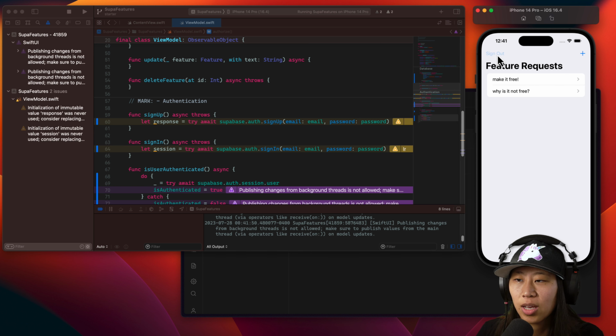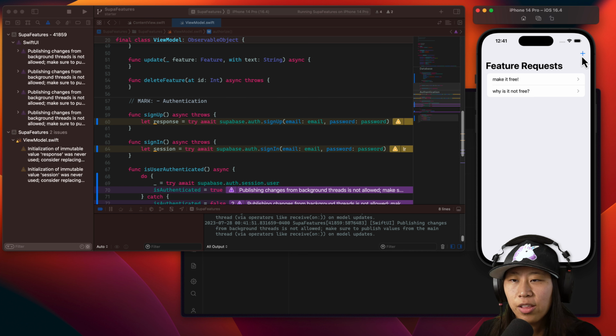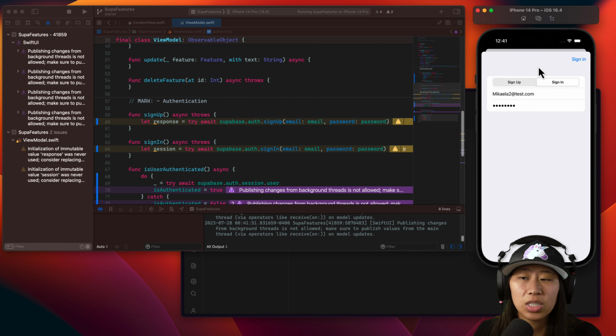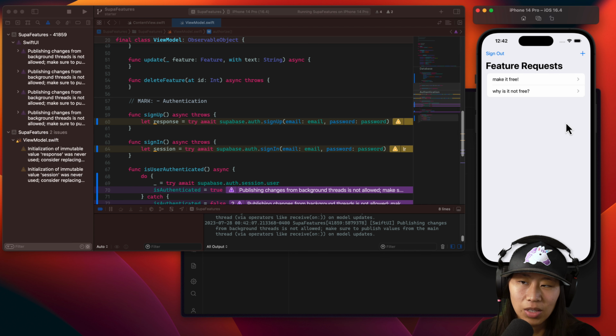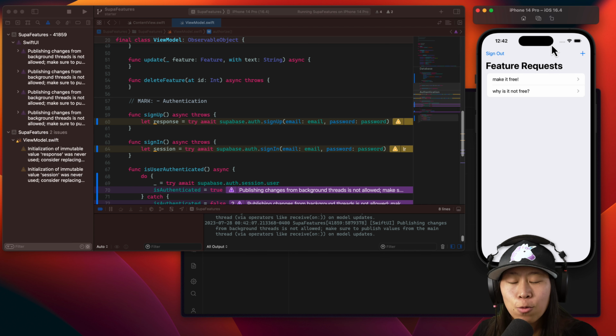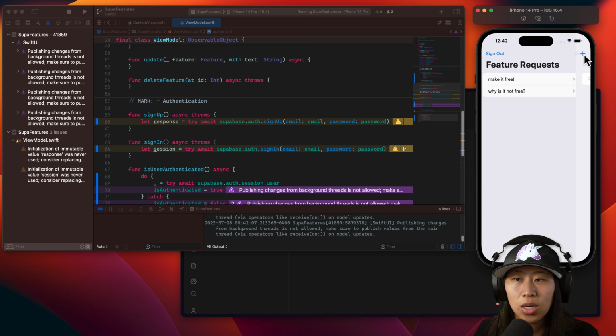So if we go back here, hit sign out, now it's gone. And then also we click the plus and now we have to sign in again or sign up. So let's click sign in because we should probably erase that, but that's already still right there. Hit sign in. And now again, it looks the same, but now we have a sign out button and we know the state changed because we can click the plus and now we have an ad, or we go to